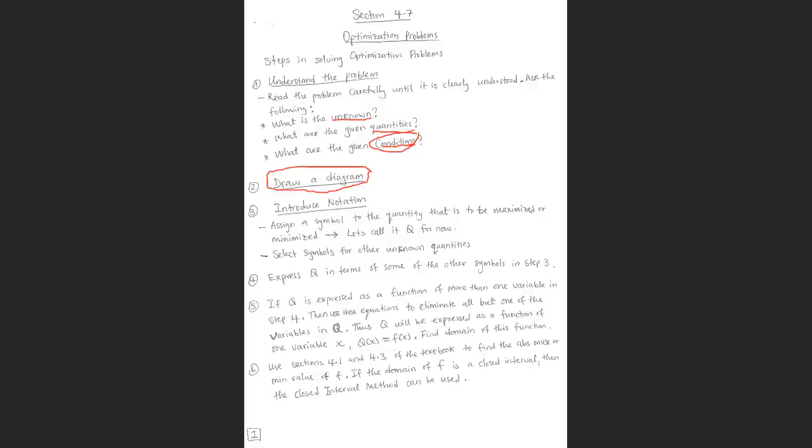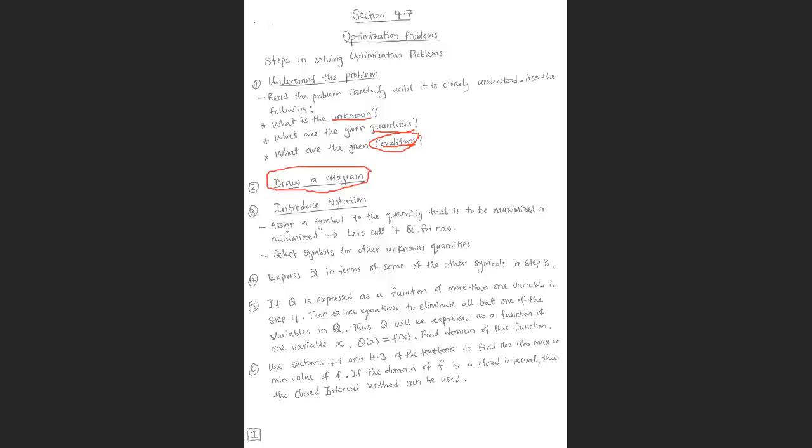So the whole idea about step 5 is to try and eliminate one of the variables, all right? And then once you do that, get the domain, right? Like I said, when we do an example, I'm going to go step by step so that you see how it works. And then once you do that, obviously, to find absolute max and min, most of the time we use something called the closed interval method. We've discussed that already,